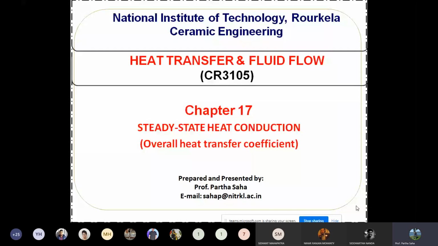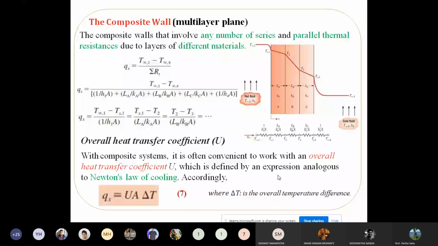So this is the continuation of the last class where we started talking about steady state heat transfer through plane walls. So we'll move forward, and as you see, if there is a composite wall, there are many layers of solid walls, which are actually in series or in parallel, there is an overall heat flux which can be given by Qx = (T infinity 1 minus T infinity 4) over the summation of R, where R is the thermal resistance, which I think I have already talked about in the first class.